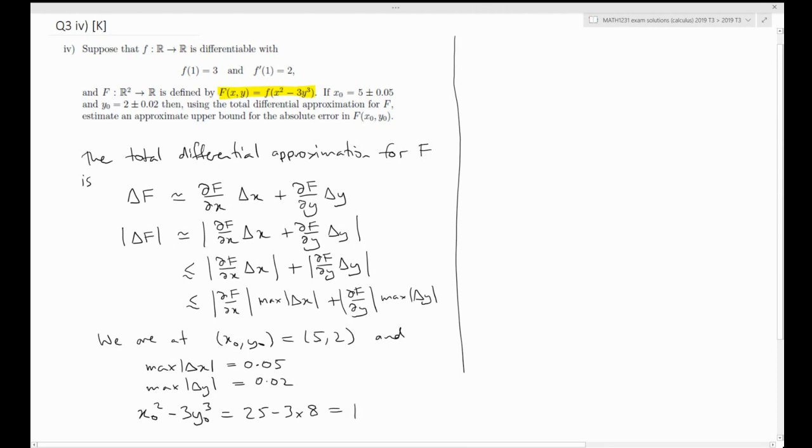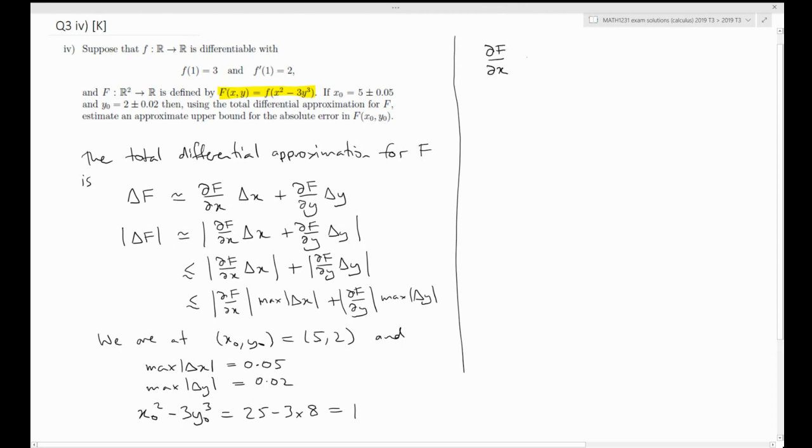25 minus 24 is 1. That's nice and simple. So actually at the point x naught, y naught, the combination that's going into the function little f is 1. And we're told information about what the value of f at 1 and its derivative at 1 is. So that's a good thing. Okay, so now let's use the chain rule to calculate